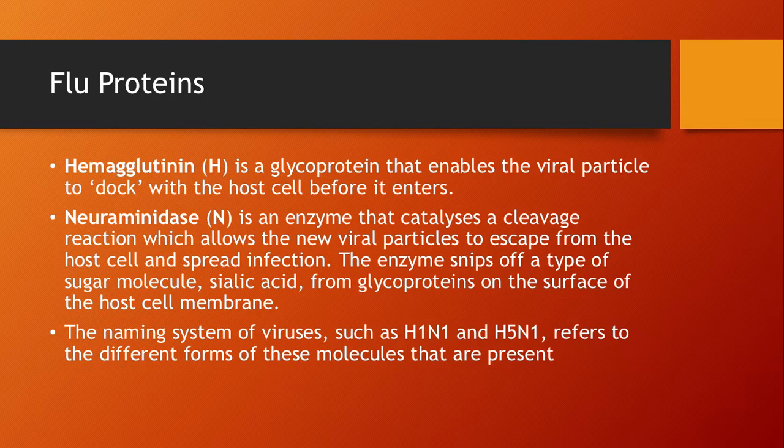So the two flu proteins that are on the surface include hemagglutinin, which is given by the letter H. This is a glycoprotein that enables the viral particle to dock with the host cell before it enters. And the other protein is neuraminidase, given by the letter N. It is an enzyme that catalyzes a cleavage reaction so that it can break off. This allows new viral particles to escape from the host cell and spread infection. The enzyme snips off a type of sugar molecule, sialic acid, from glycoproteins on the surface of the host cell